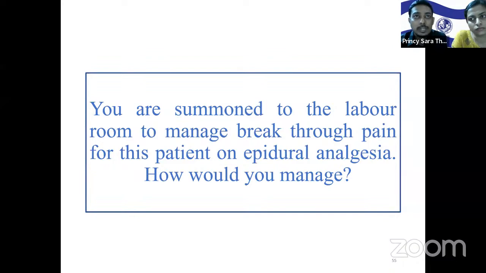Inadequate dosing will be indicated by a bilateral sensory level of less than T10. So if the patient complains of mild pain with a low sensory level, we can top up with a higher volume of dilute solution. But if the patient complains of moderate to severe pain, consider shifting to a more concentrated drug. And if the patient complains of unilateral pain, consider keeping the patient in a lateral position with the painful side down, and top up with a bolus dose.